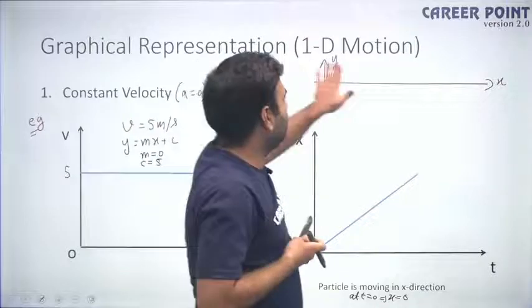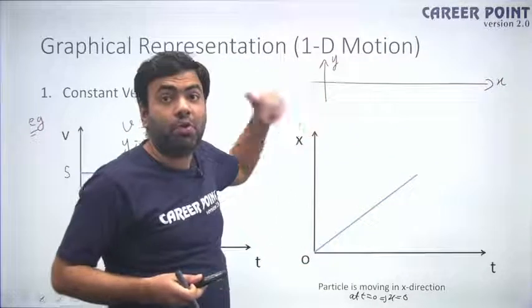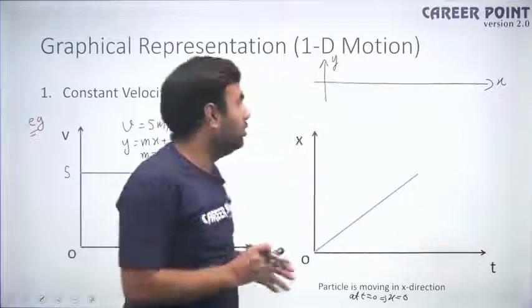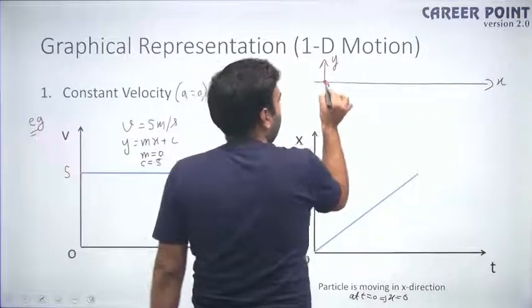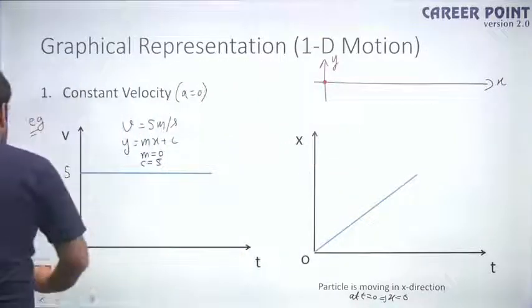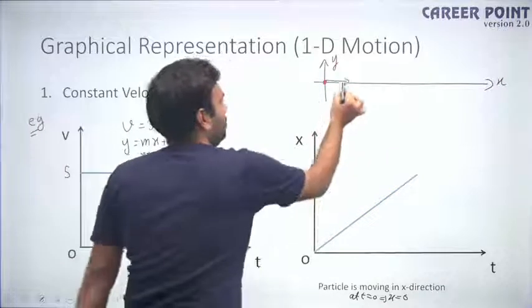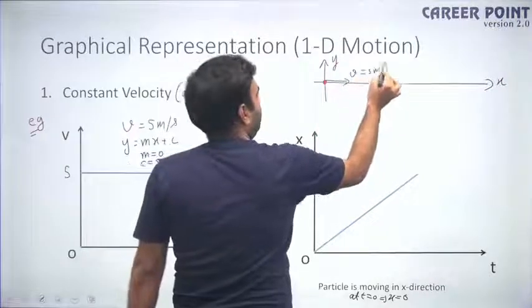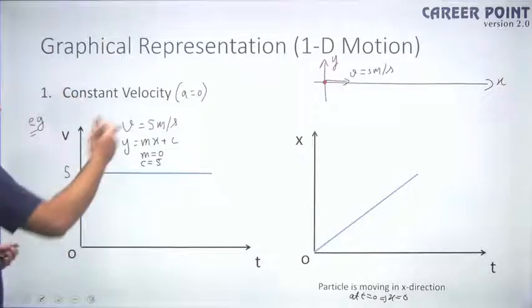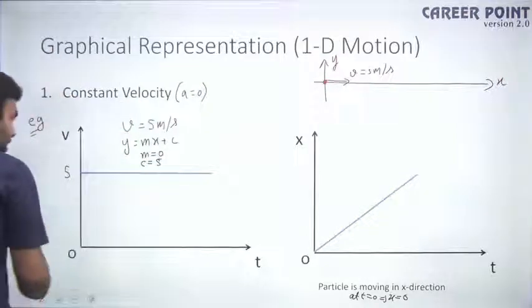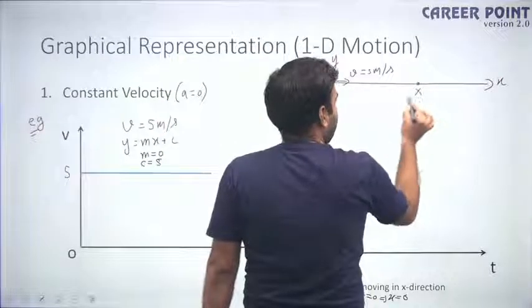These are the x, y coordinates, and I am going to draw the graph with respect to time. So suppose the particle was here initially and is moving in this direction with a velocity of 5 meter per second. Its velocity time graph is a straight line, but if I want its x coordinate, then at any time t,